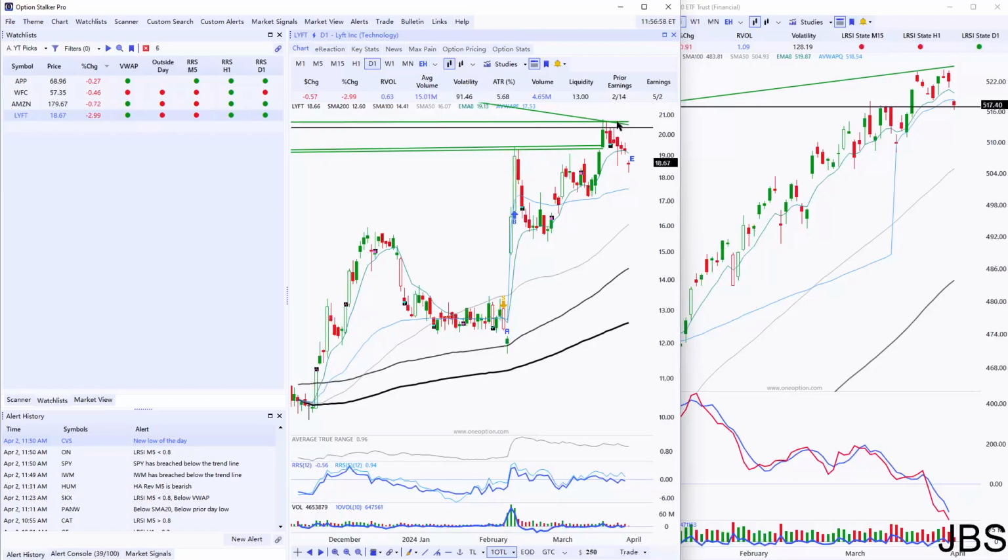But because this is going a little bit longer than we thought, we don't quite have the market tailwind in our favor. There's some resistance coming up over here. I'm not crazy about Lyft. So here again, we're looking to escape with a much smaller loss if possible on a double top